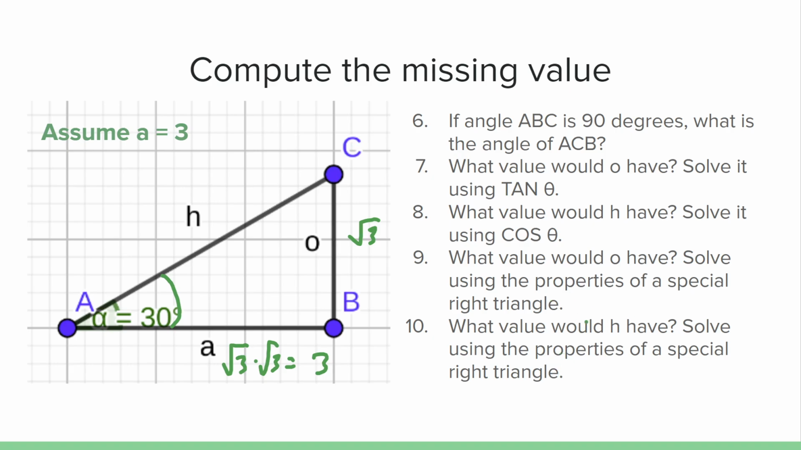Right. So what value would h have? Solve using the properties of a special right triangle. Ayun. Like I said a while ago, using this special triangle, this would be x square root of 3. This is 2x. So h is,